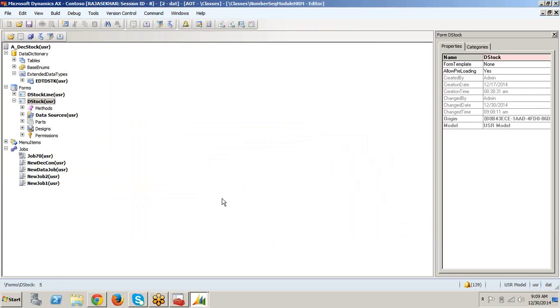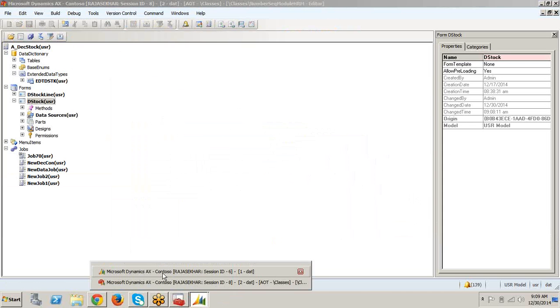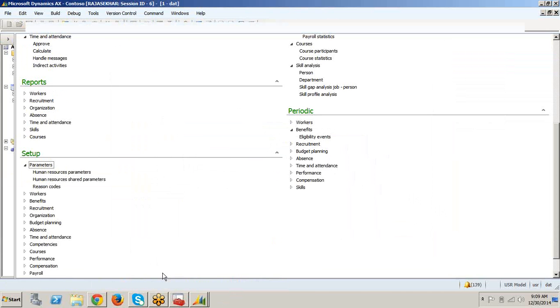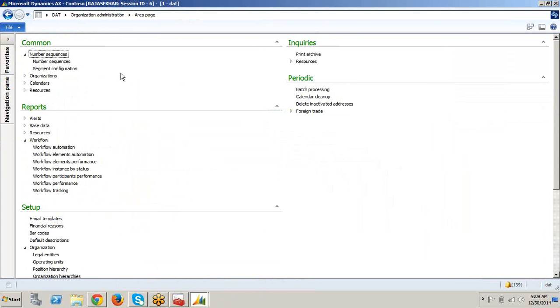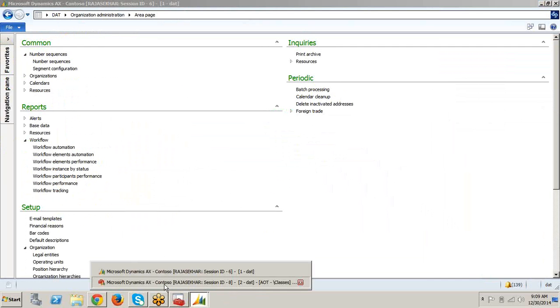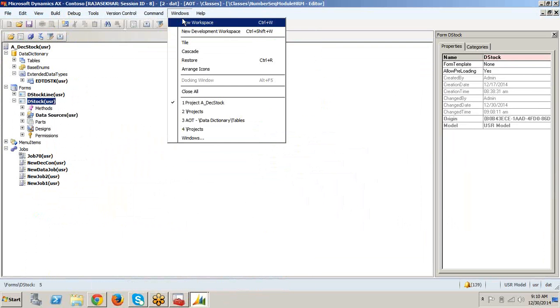Okay. So here in this number sequence we have a series of steps. I will send you the file which are having this series of steps for creating a number sequence. Okay. Here the main role is the extended data type, which is used from one object to other object as a global variable. So first you have to create a extended data type. Then we have to go to this organization administration and create a number sequence with the desired format, and then open the module that you want to create the number sequence. The module is, we have created the module called